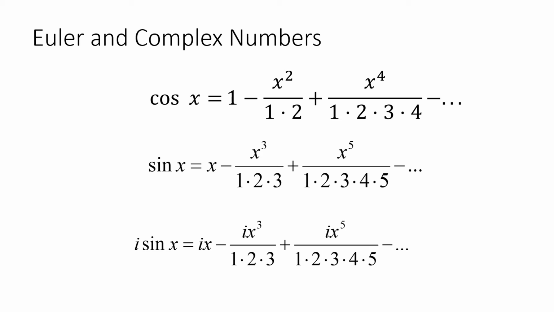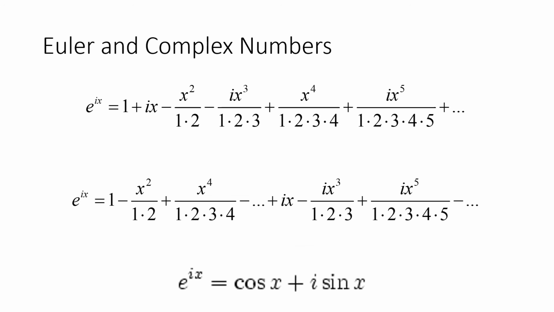We have also come across the series expansions for cosine x and sine x, and also the expansion for e raised to x, which will be 1 plus x by 1 factorial plus x squared by 2 factorial plus x cubed by 3 factorial, etc. Now, the series expansions for cosine and sine are known to us. So when you combine them, you can also get the value for e to the ix as cosine x plus i sine x.